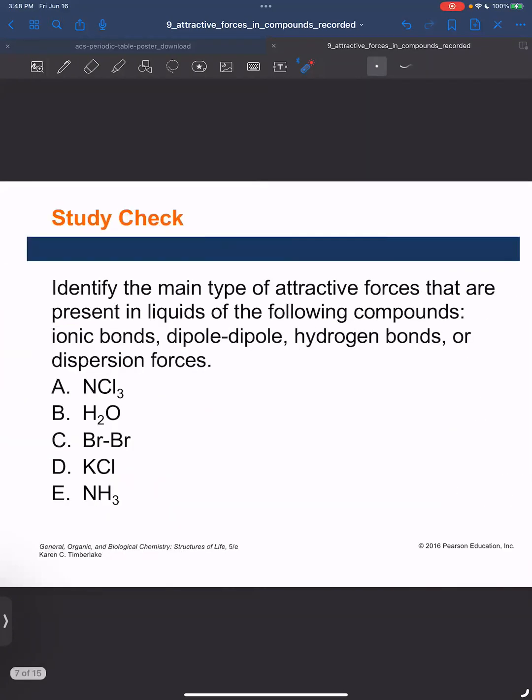So go ahead, pause the video, try the study check on your own, and then check your work with me when you're done. All right, we are going to identify the main type of attractive forces: ionic bonds, dipole-dipole, hydrogen bonds, and dispersion forces. So the first thing I like to do, if I have a list like this, is